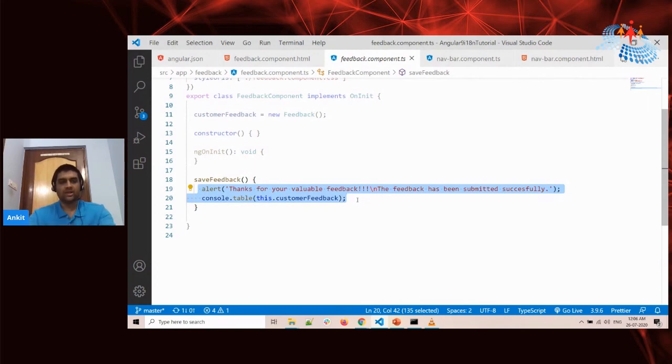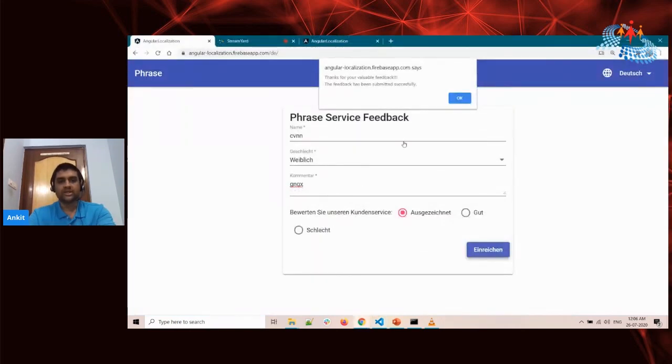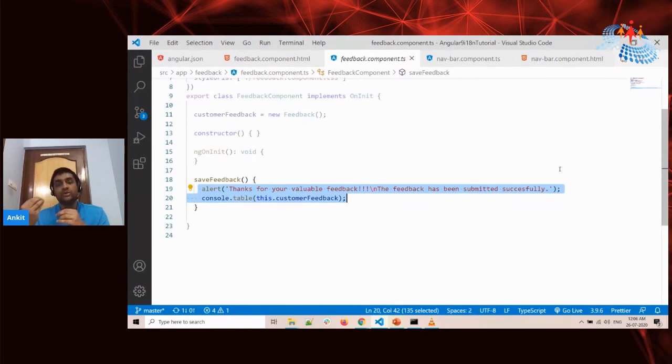Apart from this, if you want to run multiple languages in the local environment, then you might want to check some third-party libraries like Transloco or ngx-translate. They are very good and they provide a lot of extra features also. I have recently been working with Transloco. That is a great third-party library for translating your apps to multiple languages. So go and check that out also.